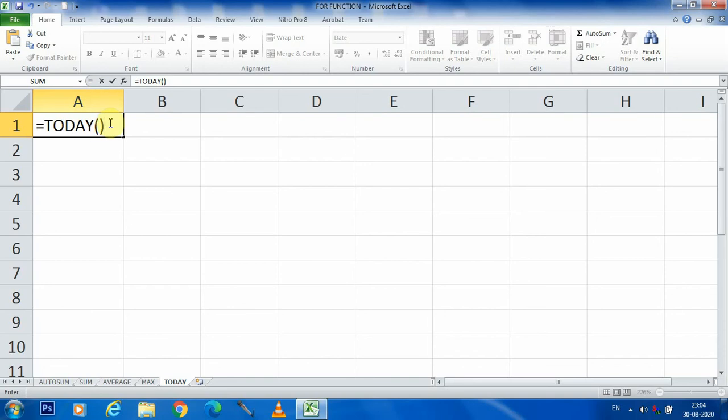Okay students, after pressing Enter we get the current date on which we typed this function. So you can see the current date it is showing. This is the current date, 30 August 2020. By this you can understand on which day this video was recorded.